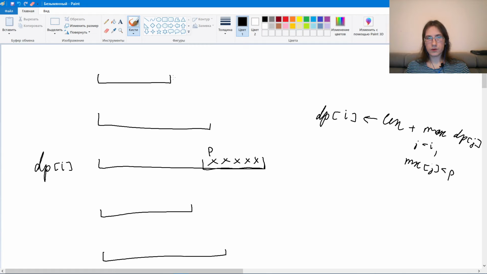So we can jump only from those sequences j for which the last element is less than p, if we want those elements to be good. We can easily find such best dp of j in log time if we use a segment tree. Let's just imagine an auxiliary array B, where for all values from 1 to 200,000 inclusively,